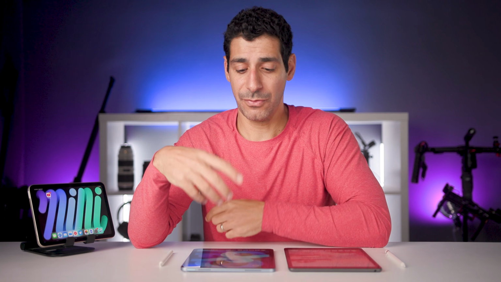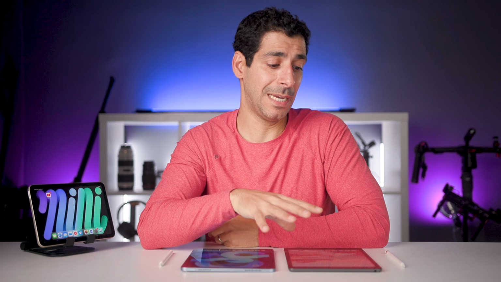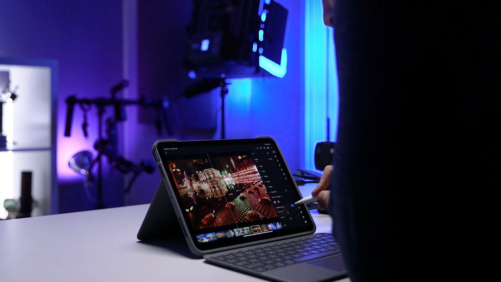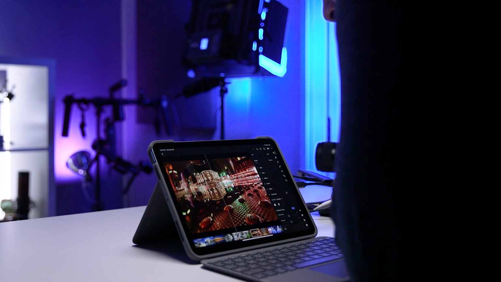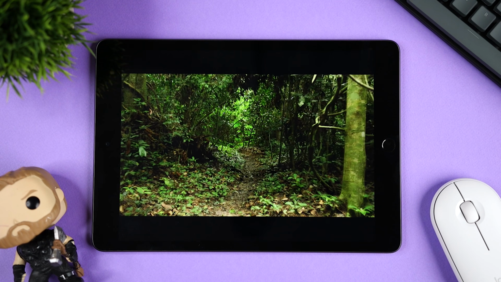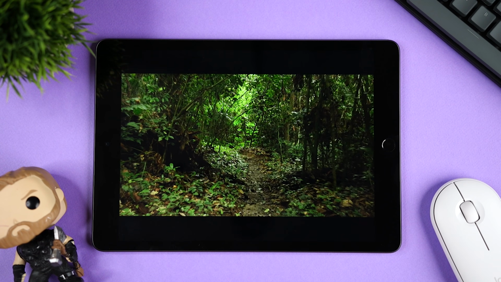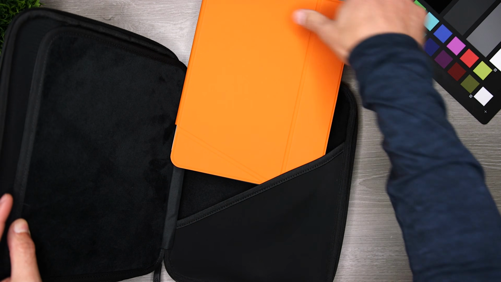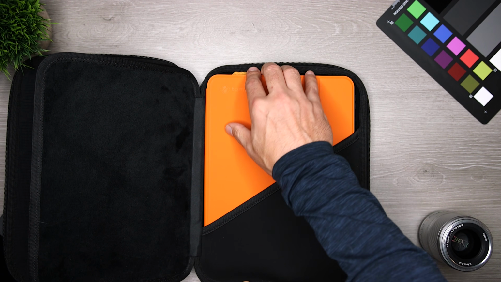Starting with dimensions, the physical size of the iPad Air 4 and the iPad 9 are very similar when we look at the overall footprint. The display on the Air 4 is slightly bigger and it's a completely different type of display, but we'll cover that later on in the video. Now, after using the iPad Air 4 and the iPad 9 with and without a case, putting them in different types of bags and then taking them with me on the go, as far as portability, it's close enough to where I'm just gonna call it a tie.